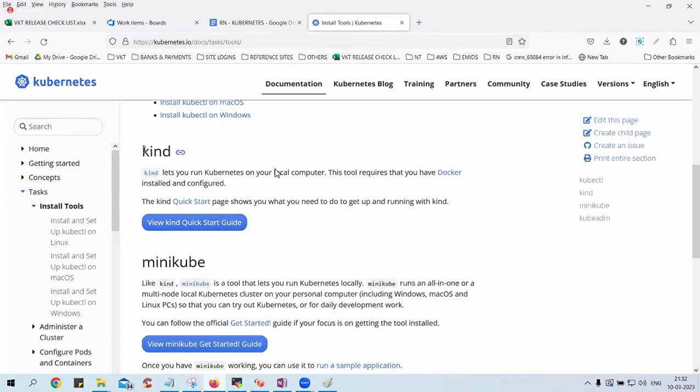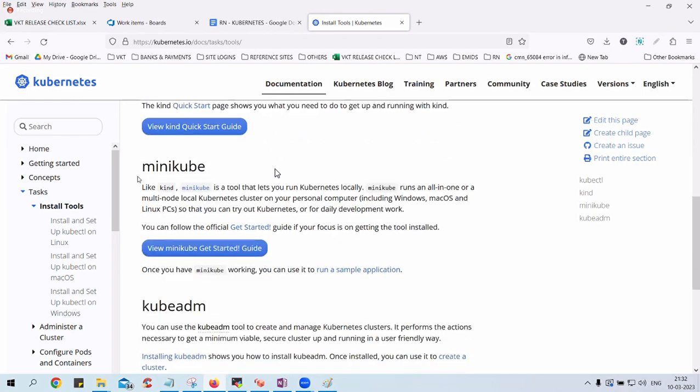You have two choices, Kind or Minikube. I recommend you go with Minikube. The only reason is that it is one of the earliest ones, and if you get any issues in Minikube, at least you will have some online documents to search and find solutions. But Kind is the latest one, it came just 3 years ago, so not many solutions are available on the internet if you get any issues in Kind. Everything is on your own adventure, you have to be innovative and find the solutions. Personally, most people practice with Minikube only, so let's also go in their fashion, Minikube.